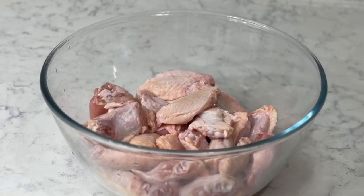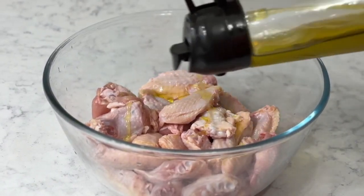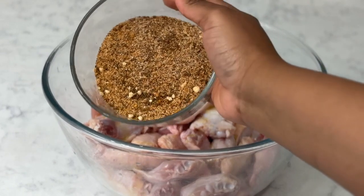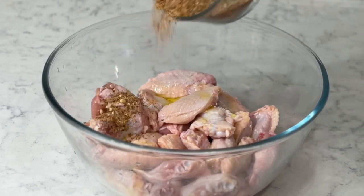Now let's get to making them. So first I start off with some chicken wings that have been washed and cleaned with vinegar, lemon and water, and they've been patted dry. And then I drizzled some olive oil over it,